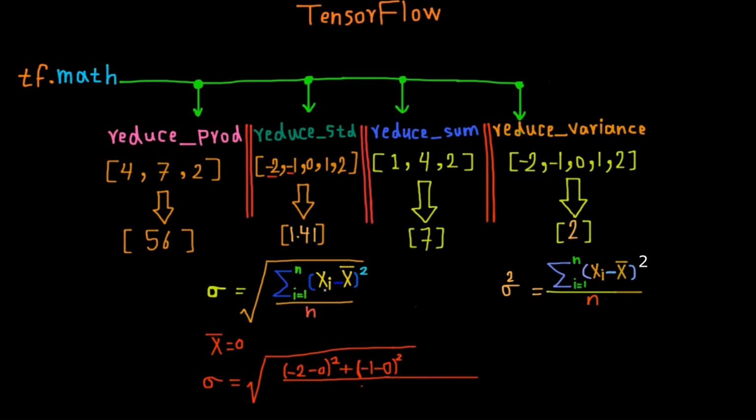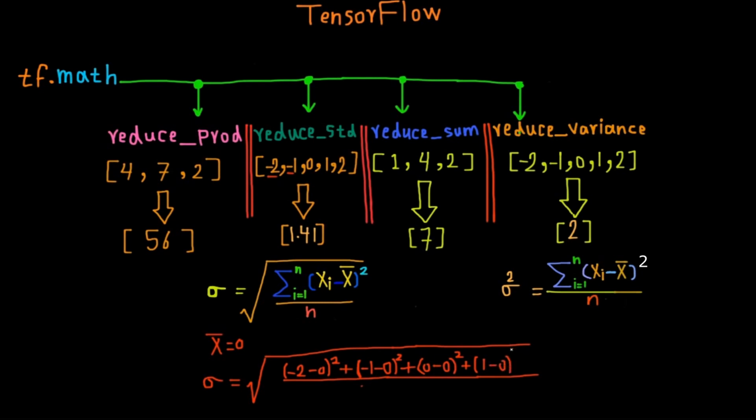After that, x3 minus the mean, so plus x3 here is 0 minus 0, like this, and x4 minus the mean, which is 1 minus 0